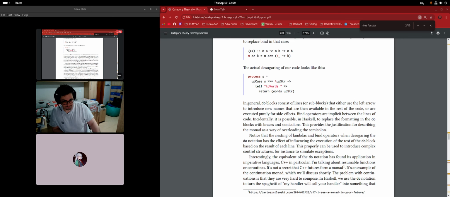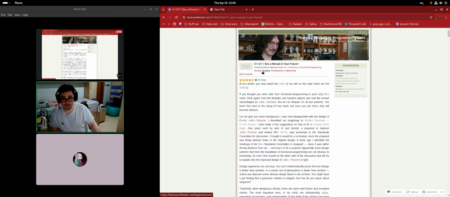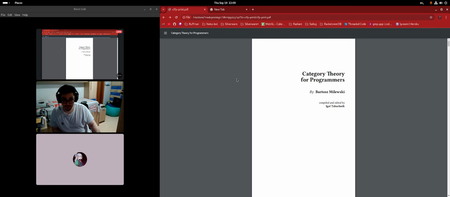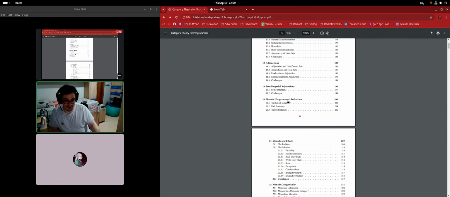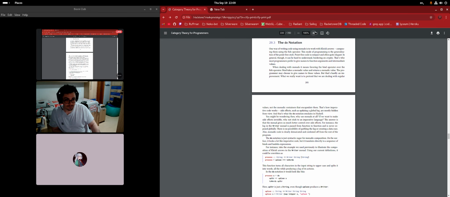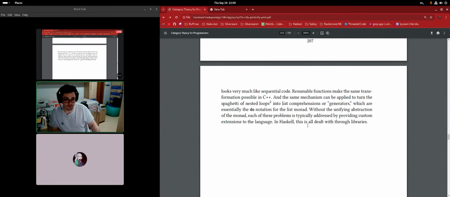Cool. You can use do block to simulate exceptions. Then we discovered that C++ features are from a monad, which is cool, I guess. And I didn't want to click on that. But thank you, you totally did. Thank you very much, sir. So let's go back. Yeah, and then